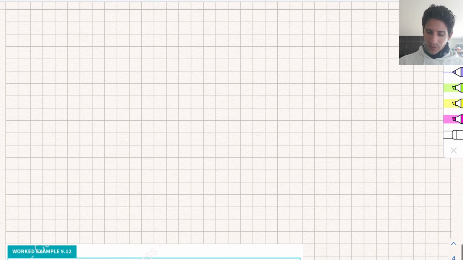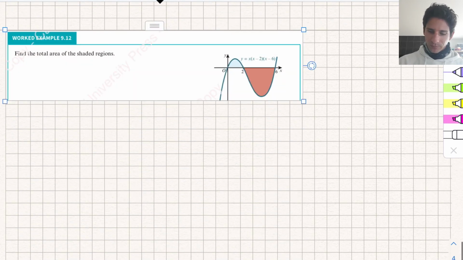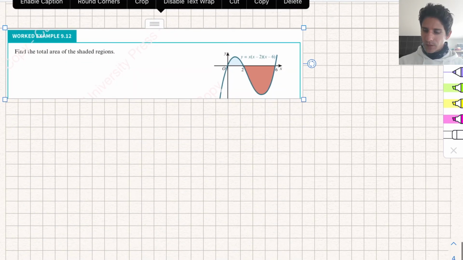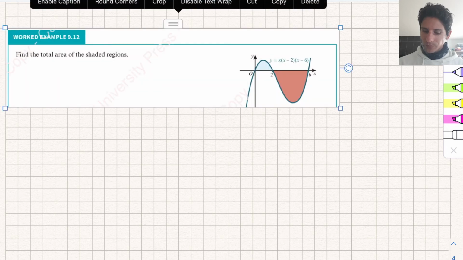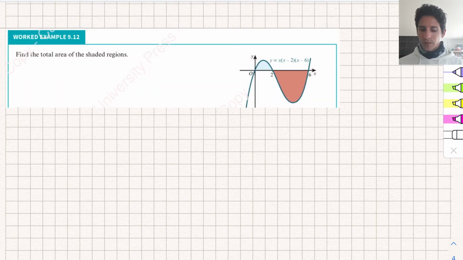Okay, let's grab the next one. Here we have: find the total area of the shaded regions, okay? And this is the first time where we have to look at the problem and be very clever and cautious about the way that we deal with this. We can already see from the graph that we're going to get a positive area at the top, and we're going to get a negative area at the